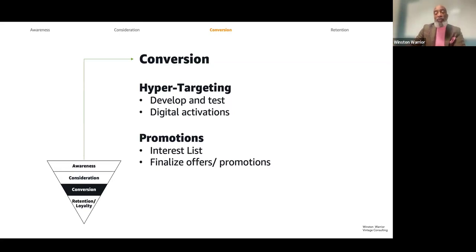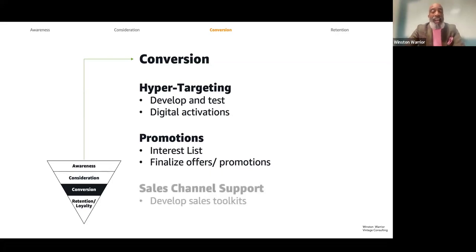You want it to be just right so they go from consideration to conversion, and then they say, I can stick because the price, the real price, is something they can afford and they feel is the right value for them, okay? And then sales channel support. What this basically means is, if you have a franchise business or people working with you, have you developed and given them the tools they need to sell on your behalf?